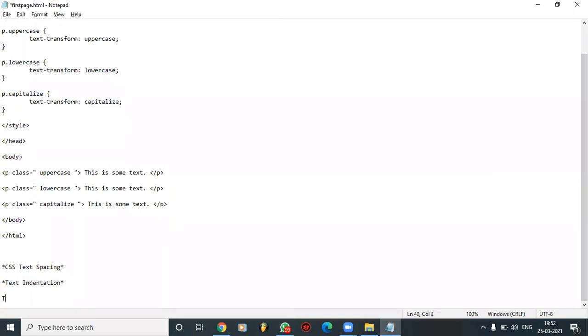Text indent property is used to specify the indentation of the